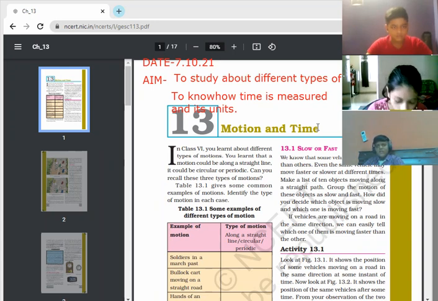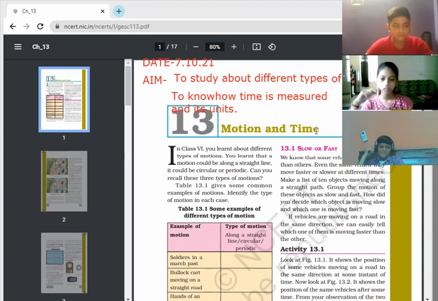The second thing we are going to study is time: what time is, and how time was measured in the early period. How were our ancestors measuring time before the discovery of the pendulum? How was time measured with the help of the sun, that is, how the day was measured and how the years were measured? So that was the reason behind it, why it was measured and how it was measured. This is the chapter we are going to study.